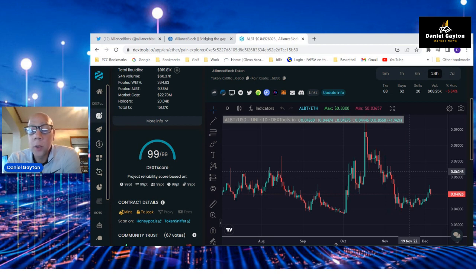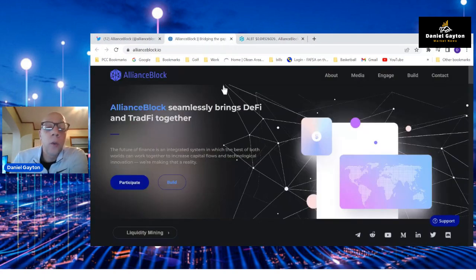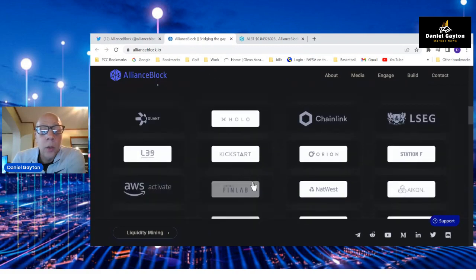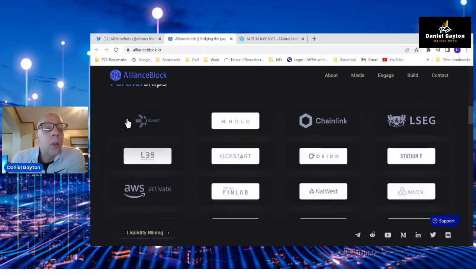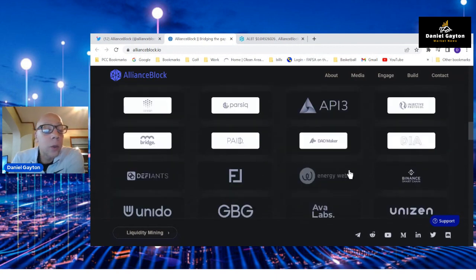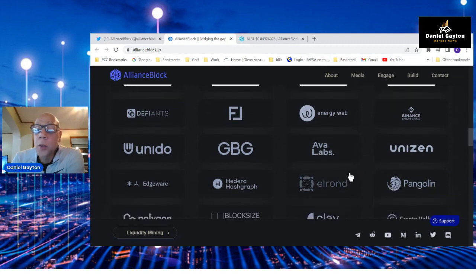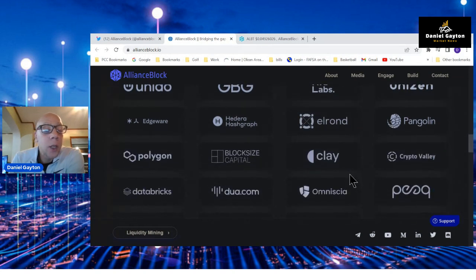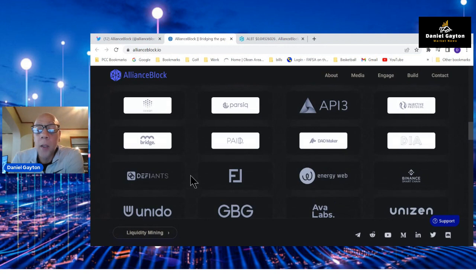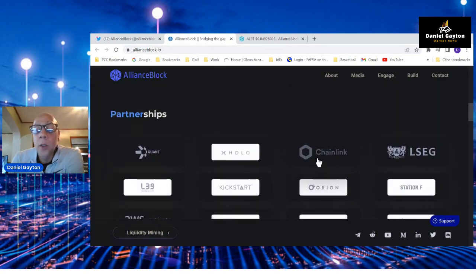They're all starting to interconnect with each other. And when we go back here to the website, you can kind of see what I'm talking about. They're partnered with Quant. They're partnered with Hedera. They're partnered with a couple of these other ISOs in here. And you can see how all of these are starting to intertwine with each other. And even some non-ISOs. You have Polygon sitting here. You have Chainlink sitting here.